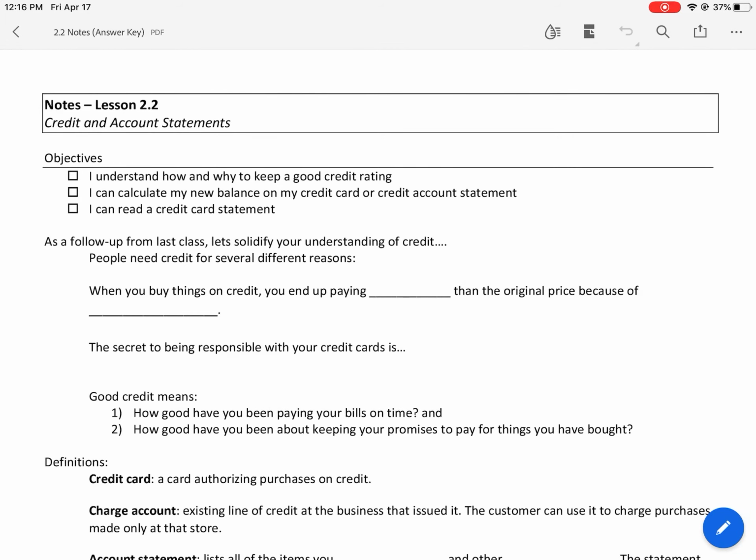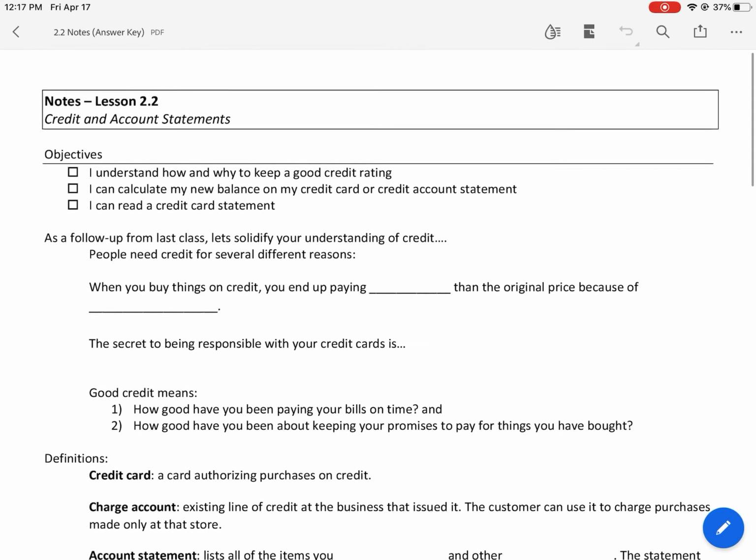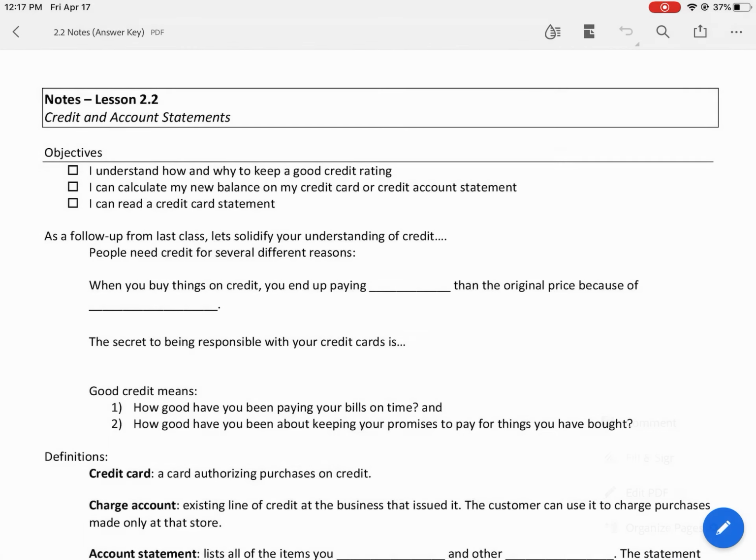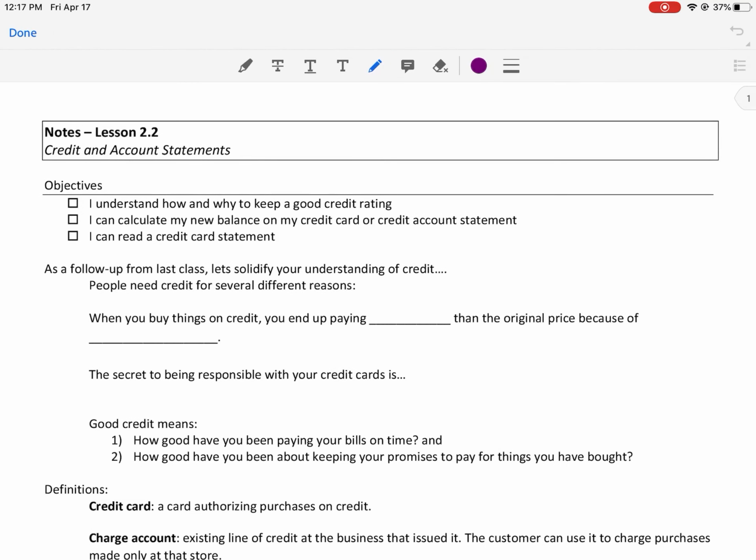All right, this next lesson is taking this idea of credit and now applying it to our account statements. Think about it as your credit card statement. So, as a follow-up from last class, let's solidify your understanding of credit. Remember credit, why do we need credit? Mostly you need it for loans, right? So whether it's a house loan, a car loan, a student loan, we're talking about anytime you want to borrow